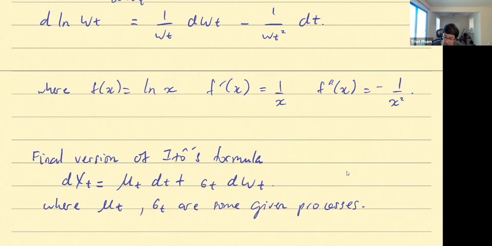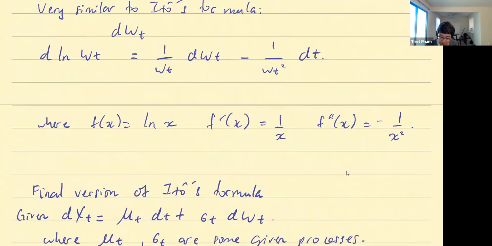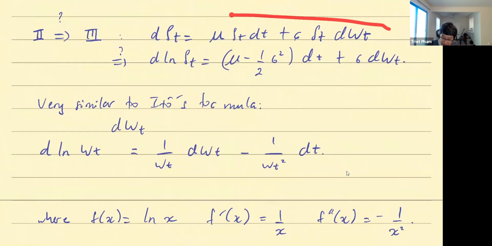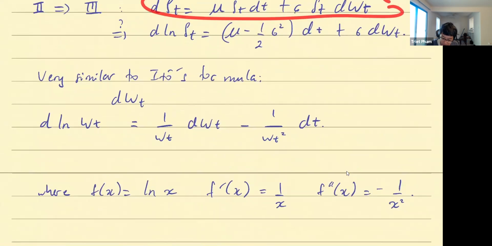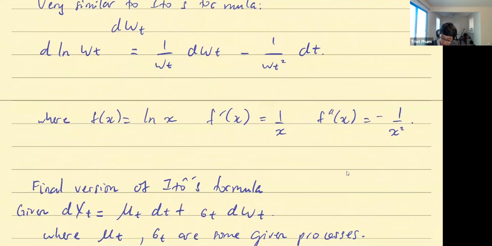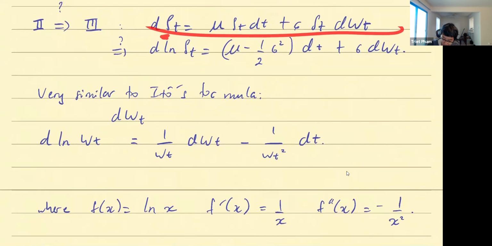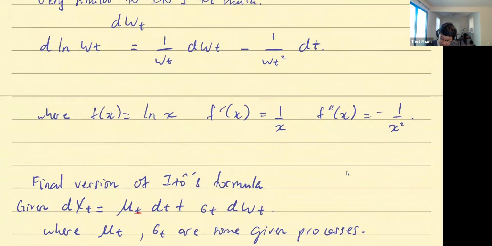So basically, this is given. What I mean is exactly like this. Here, your x is the S, the mu t is this, and the sigma t,